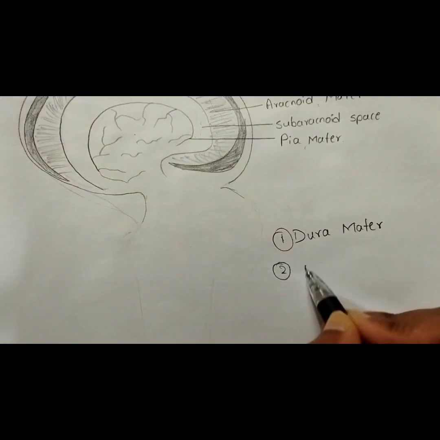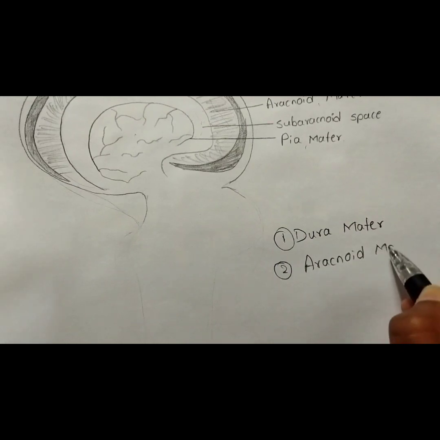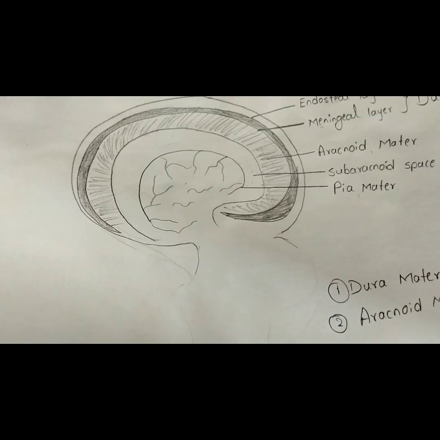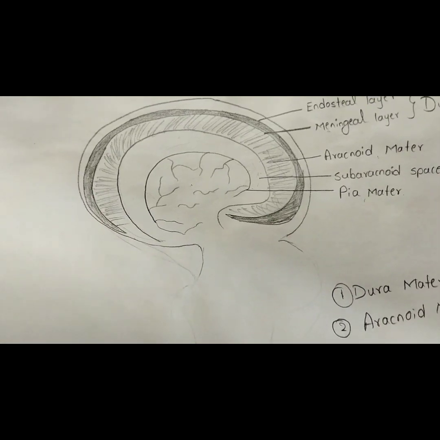Then next we'll study the arachnoid mater. The arachnoid mater is a very thin and transparent membrane that loosely surrounds the brain, and it does not dip into many of its sulci, but it enters some of the sulci. In the arachnoid mater you have to write the relations. First one, it is separated from the dura mater by the subdural space, which is below the dura mater. Second point, it is separated from the pia mater by the subarachnoid space, which contains the cerebrospinal fluid and blood vessels. Third point, it provides sheaths for the cranial nerves as far as their exit from the skull. So these are the relations of the arachnoid mater.